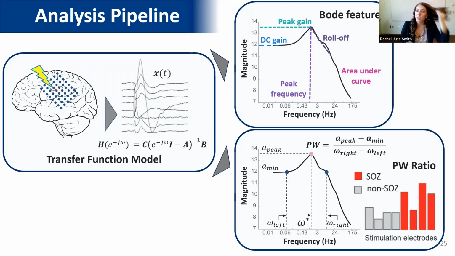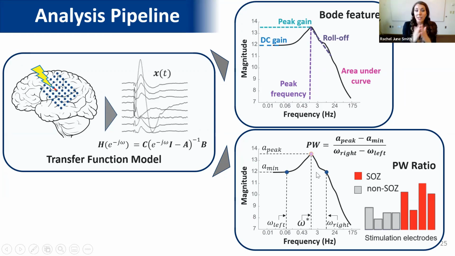So I built a custom metric called the PW ratio that looks for these peaks in the Bode plot. I find where this peak amplitude is, and I find the left local minima associated with that. We'll call this omega left, and we'll call this A min. And then I look for the corresponding right frequency that's on the same level as omega left, and I find omega right, okay? Then I calculate a ratio between the difference in amplitude over the difference in frequency,